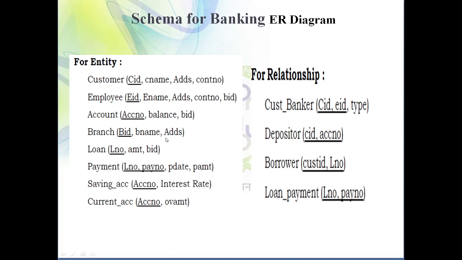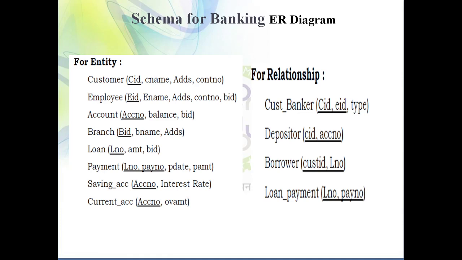So in the branch table, is there an additional attribute? No. Now the question is, why have you added the extra attribute only in the employee table, but not into the branch table? Suppose I add one extra attribute, employee ID, into the branch table, then it violates the primary key constraint. That's why I have added this extra attribute into the employee table, so that the relationship between employee and branch is established. And to establish a relationship, what do we require? We require one common attribute. So between employee and branch, what is the common attribute? Branch ID is the common attribute.